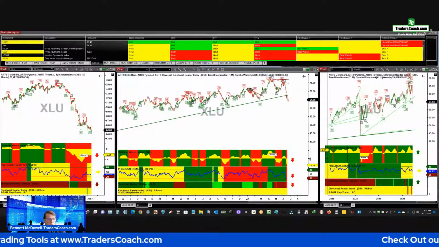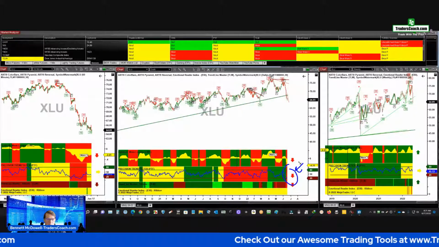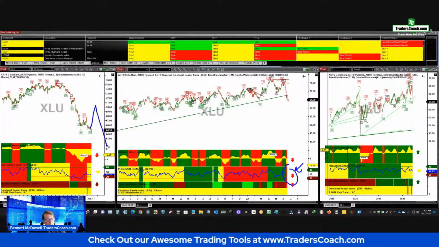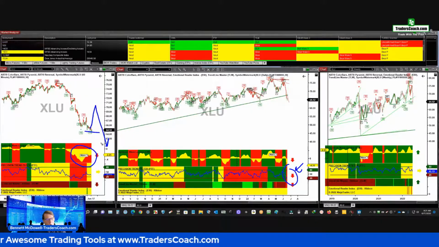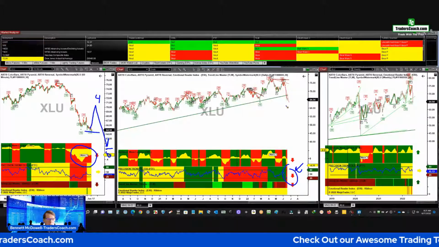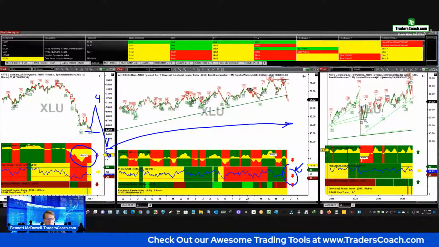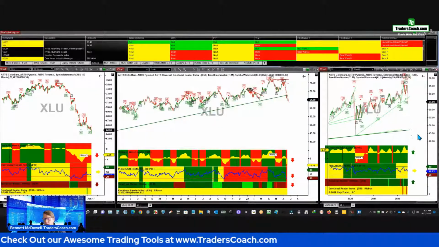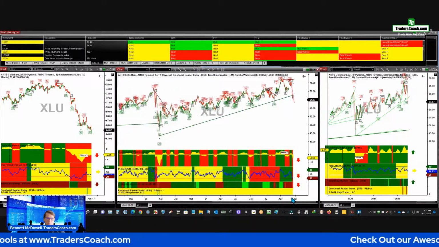You kind of want to stay short here because you have a red PTF indicating more lows here. You may get a correction before that low because it looks like wave 3 is almost over. So this would be a 4, this would be a 5. So this is saying more lows, which would correlate to a wave 5 low, but you may get a little bit of a boost in terms of a rebound before that happens, okay? But if you're long at this point, you should be out.